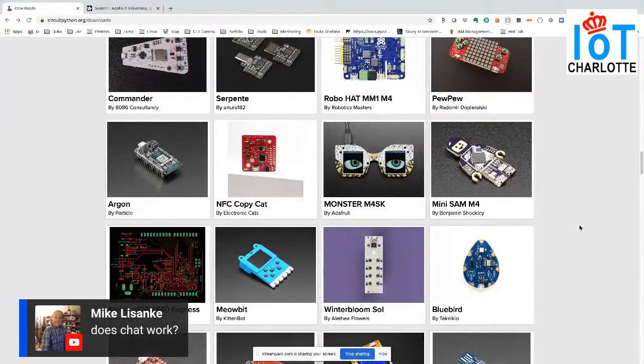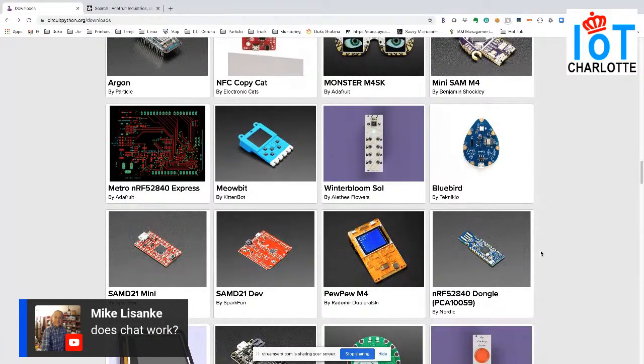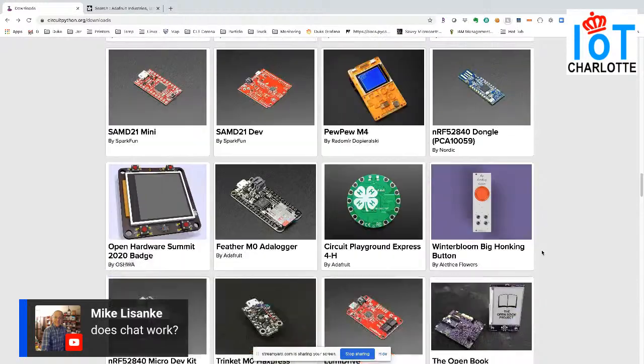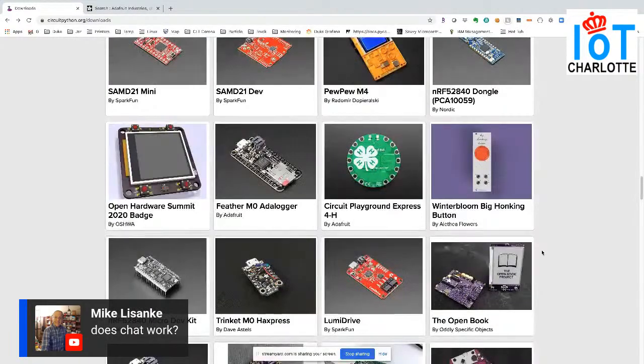But the Bluetooth support, I will tell you, is pretty outstanding. They've got libraries that work both in Linux and on the CircuitPython board. So if you wanted to communicate with a computer, it's pretty easy to go back and forth. So they've really done a lot of good work there.